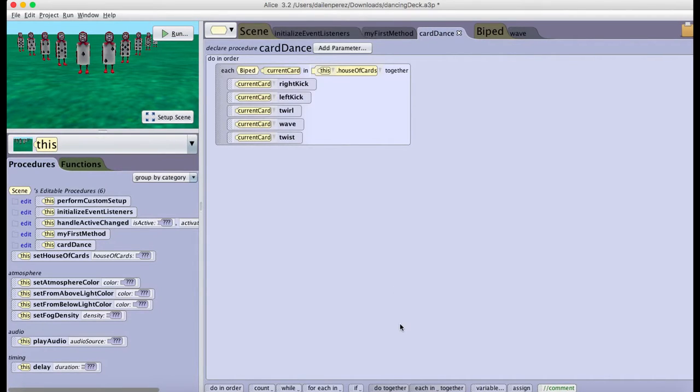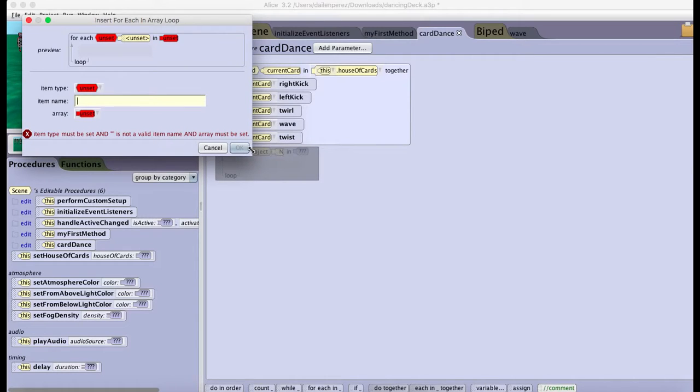Now, it's important to note that to be able to use the each in together control and the for each in, there has to be an array already made, whether it be in this method or in whatever method you're working with. So the way to make the array is that right now I have an each in together. So to make a different one and show a different example, I'm going to make a for each in, which